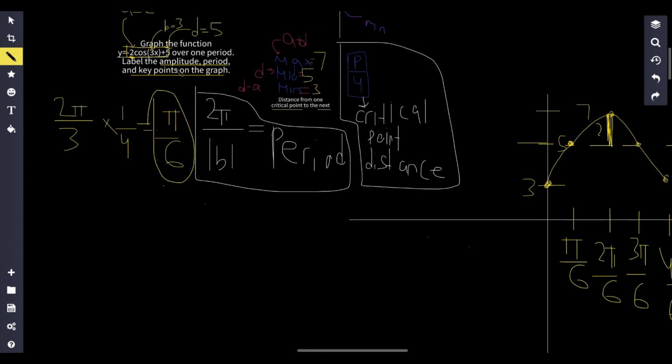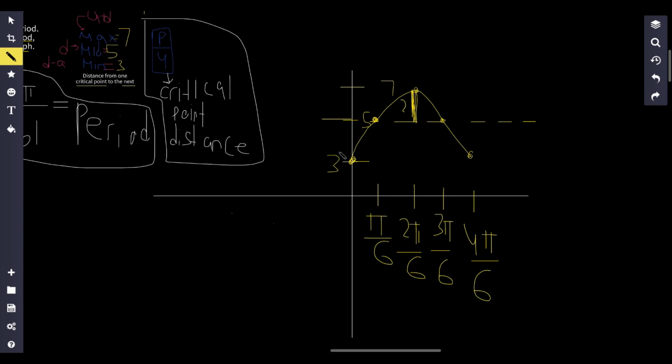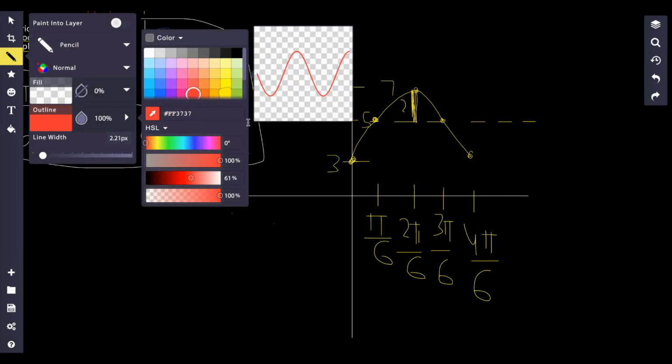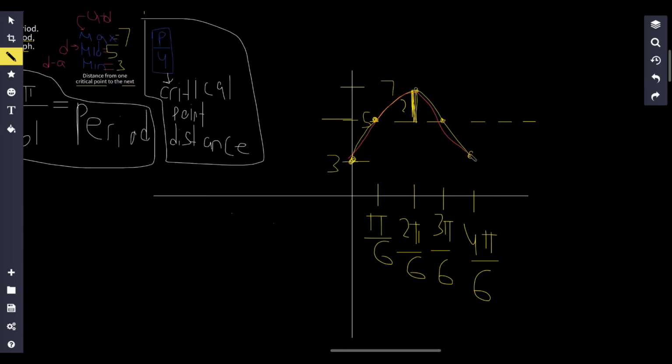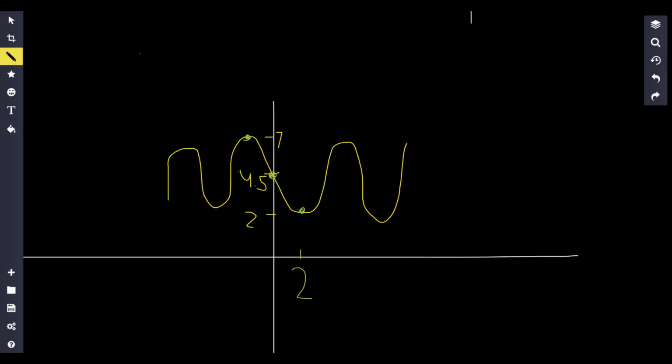And it also asks you for the period of our graph, so it's just going to be this distance right over here. This is when the function completes one cycle, right? This is one cycle. Let's say if we have this sinusoidal function where our maximum point is at y is